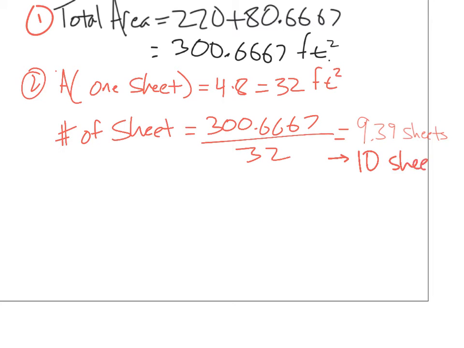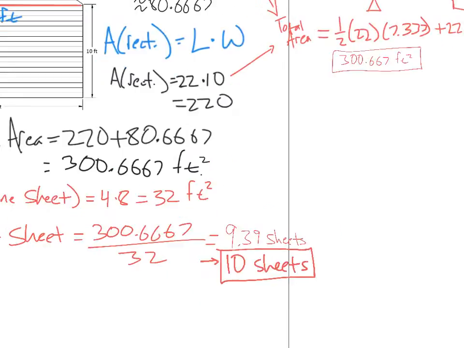We're going to round up. Now notice that's 0.39, but we're still rounding up, okay? 9 sheets would not be enough, but if we have 10 sheets of plywood, then that will be enough. Great. So now technically we need to order some extras, because when you put these pieces of plywood up, it's going to hang over